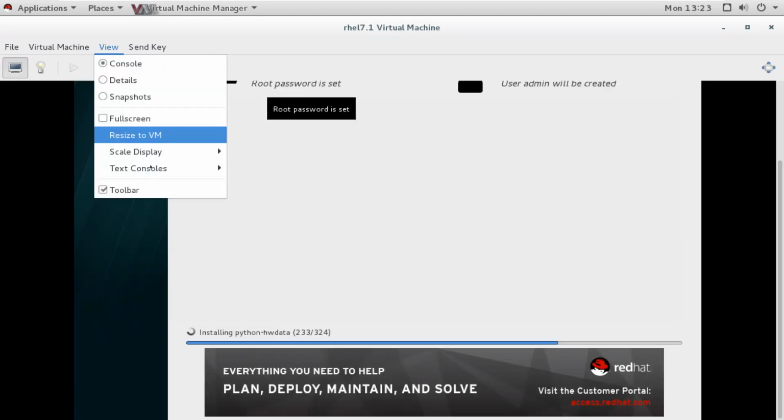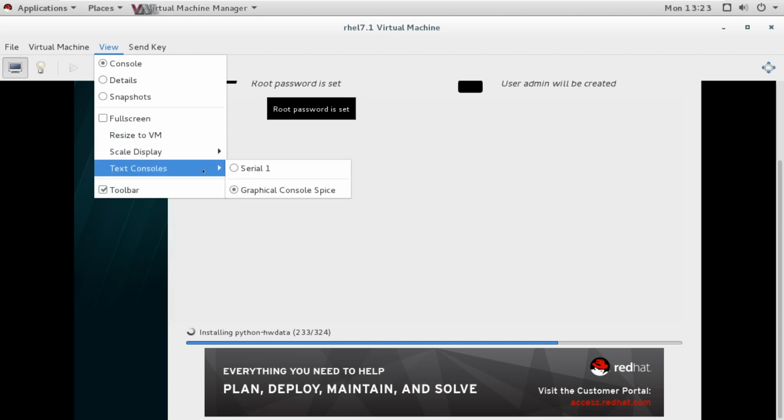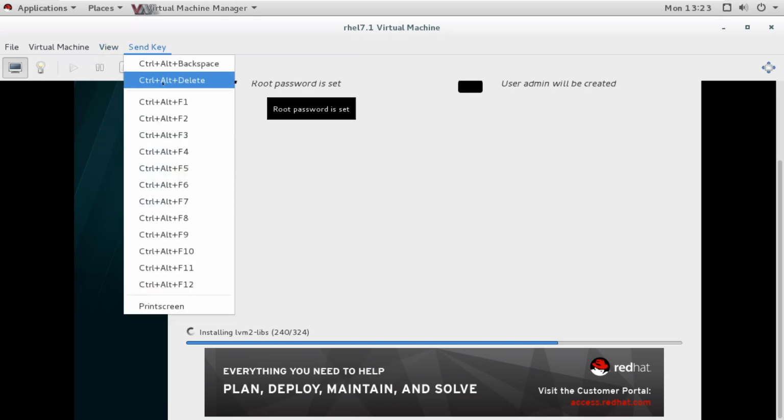Then we can go for full screen. We can make it full screen. We can resize the VM, resize to virtual machine. We can scale the display only when full screen, never auto resize. We can extend the text console. We can go for the text console, and the toolbar is already showing. And these are the special keys we have,